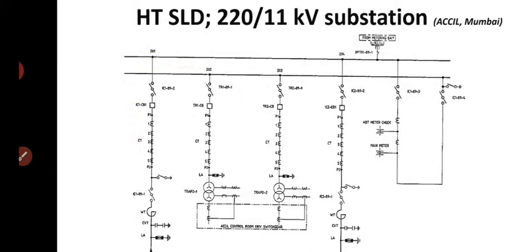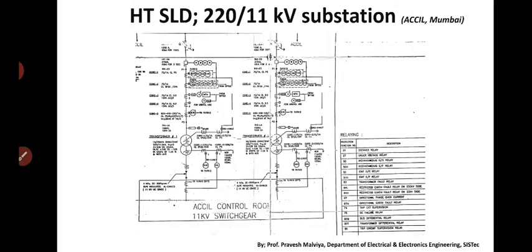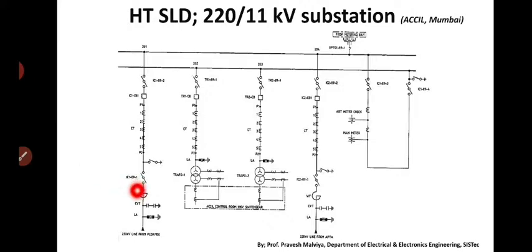Now if we watch the flow, this 220 is coming to this LA. After LA it is going to the wave trap, then a potential transformer, then a current transformer, then a circuit breaker, then isolator. So this line is being charged as 220 kV. Now this is the metering unit, the metering bay. It means how much energy is being consumed. This can be measured within this metering section.